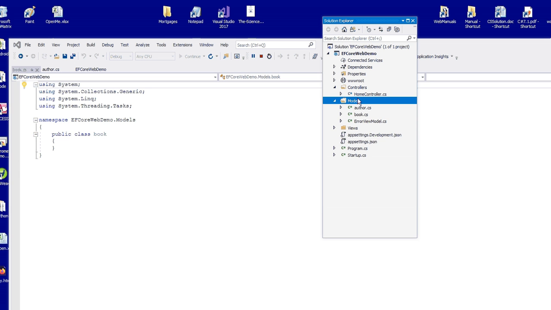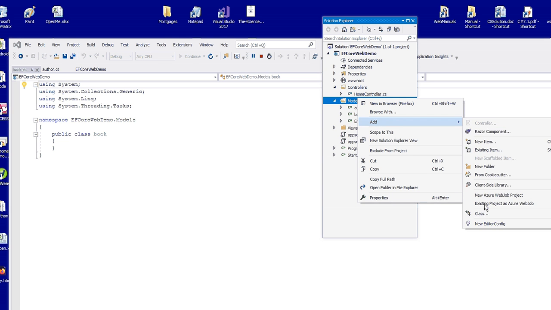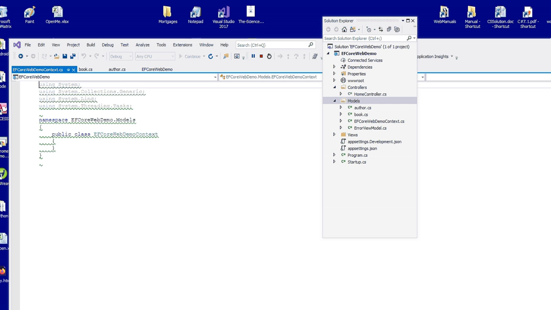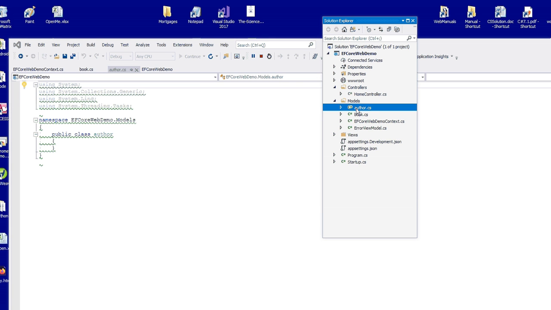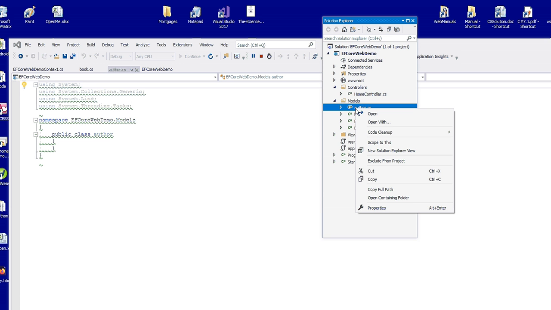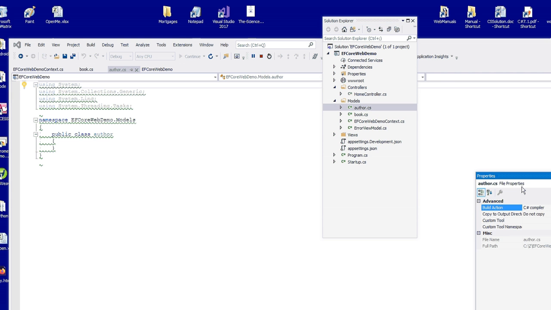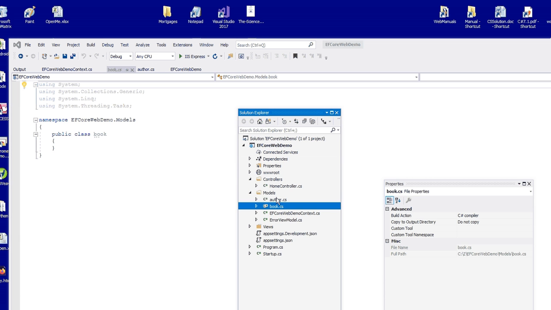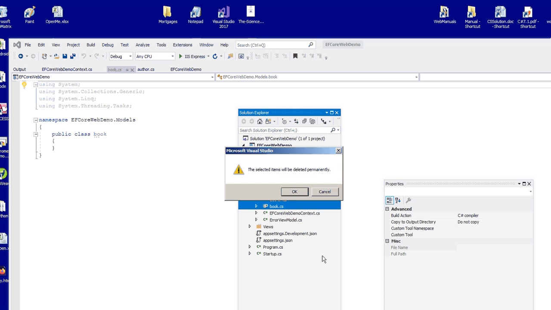And then we can add our DB context. Actually, I might just capitalize those files. Well, it could be a bit tricky now, so what I'll do, I think I'll delete those and just make them again,